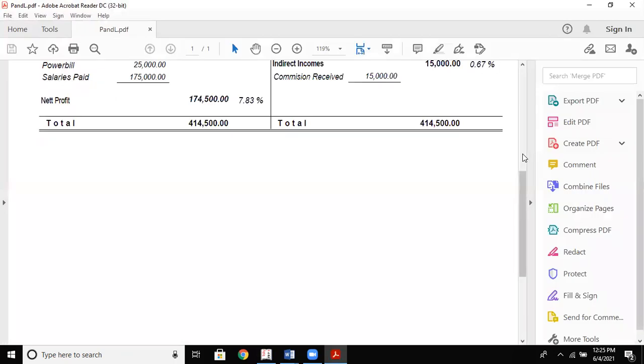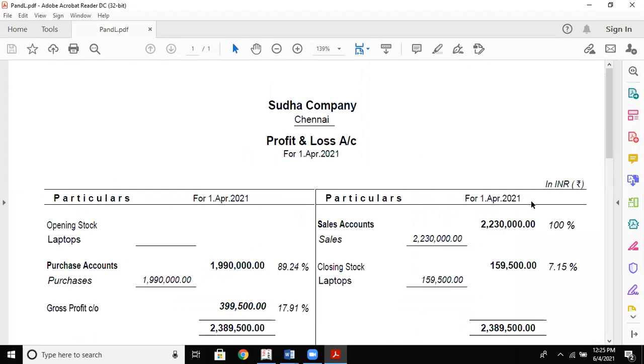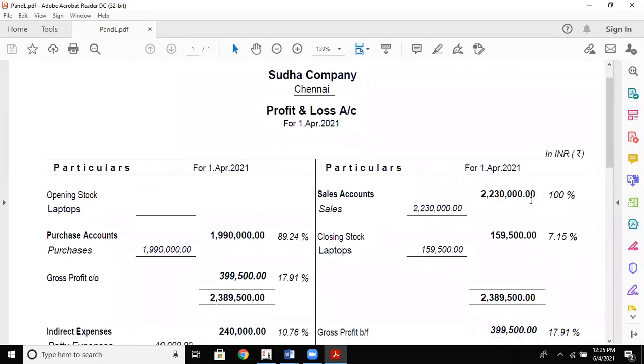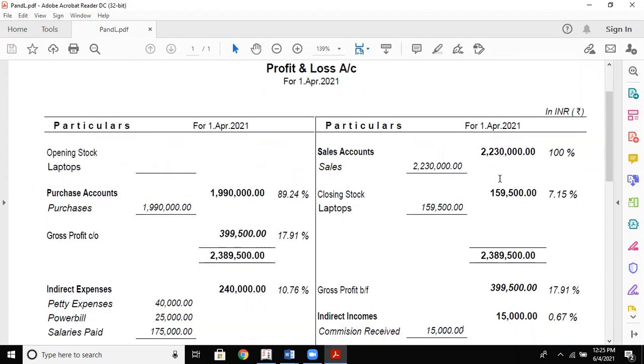Yes, so you can see the same has been opened in PDF. So the same details you can see in PDF format: profit and loss, date, particulars. It is also showing you in the base currency, in INR as well. We can see it is also showing you the percentage to your profit.